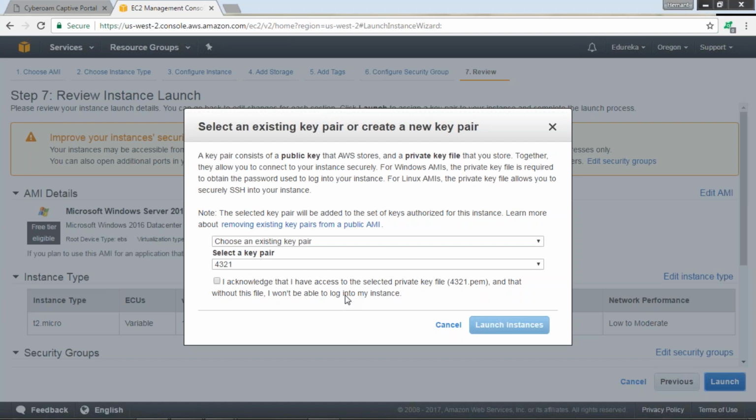A key pair is basically a way for you to get authenticated to the AWS servers, right? If you have a Windows instance running or an Ubuntu instance running, you will be provided with a private key and the public key will be kept with the AWS infrastructure. Whenever you try to connect with your Ubuntu server or your Windows server, you will be asked to present your private key.